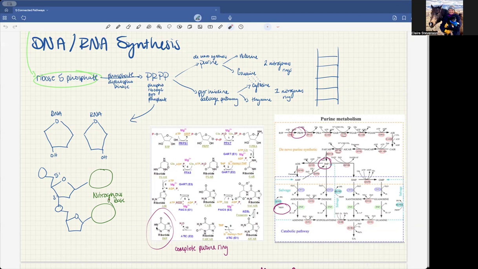And then what's important to note is when you consider your carbons, you have carbon 1, 2, 3, 4, 5. And so you have this 5' to 3' orientation. And then one side is going to be going one direction and the other side is going to be going the other direction. And this is really important to note when you think about DNA replication, because one strand is going to